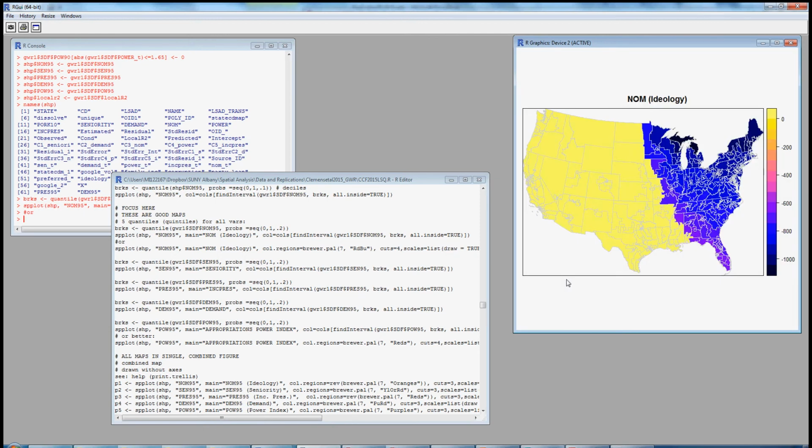So for ideology, at the 95% level, pretty much ideology is not statistically significant west of the Mississippi. That's not precisely true because the Mississippi travels through here. But essentially in the western part of the United States, ideology is not statistically significant. It's only statistically significant in the eastern part of the United States, and you can see that that effect increases